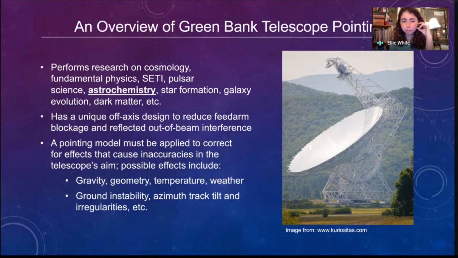Finally, another important thing to take into consideration is the track. If you look at the bottom of this image, you can see that the telescope is resting on a concrete track, and the telescope itself is supported by 16 wheels, so more than 1 million pounds on each wheel. So you have to correct for any kind of tilt of the track and also any bumps in the track, which can cause your pointing to deflect slightly.